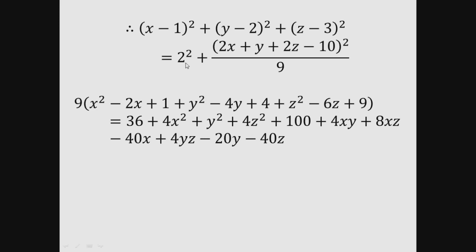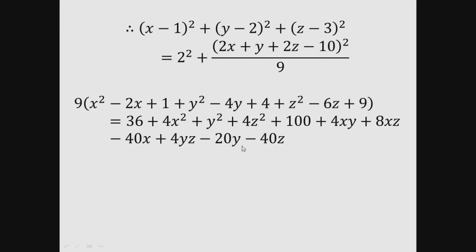9 into 4, 4 will be 36. Now if you want to take the square of 4 terms, then it is first term square plus second term square plus third term square plus fourth term square plus 2 times each combination: 2 into first into second term plus 2 times first into third term plus 2 times first into last term plus 2 times second into third plus 2 times second into fourth plus 2 times third into fourth term. So that gives us the expansion.